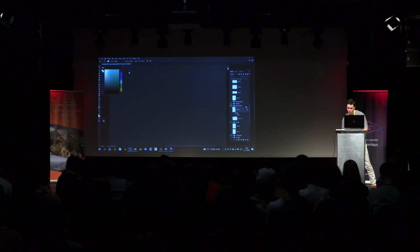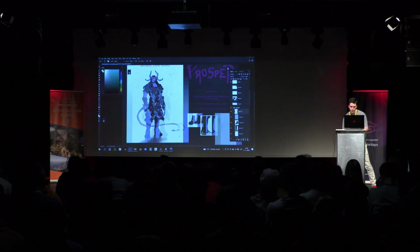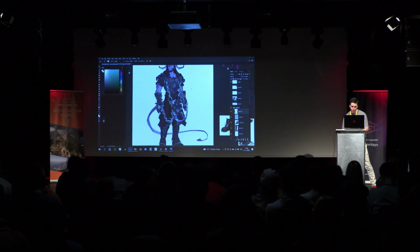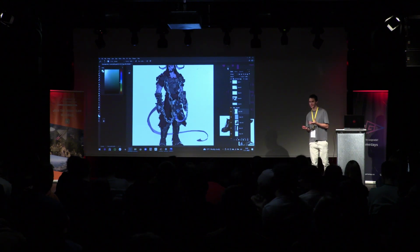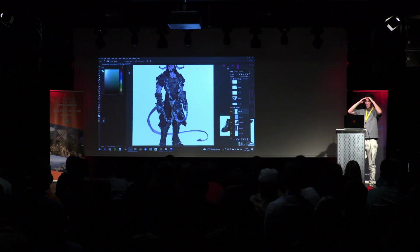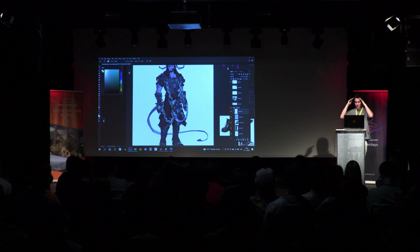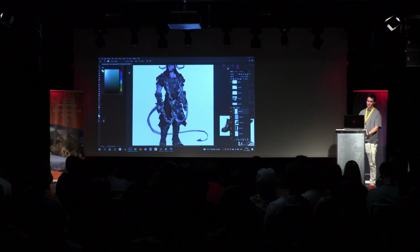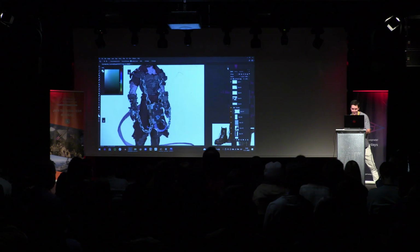And also, let's go to this one here. What do you think the hardest part of this character was? The chains. The chains are insane to draw. I spent so much time. I remember I was with Chris in an Italian restaurant and I spent the whole meal just trying to figure out how to do the chains, because I always did them in the same way,